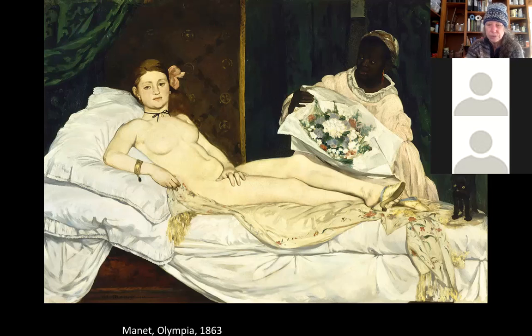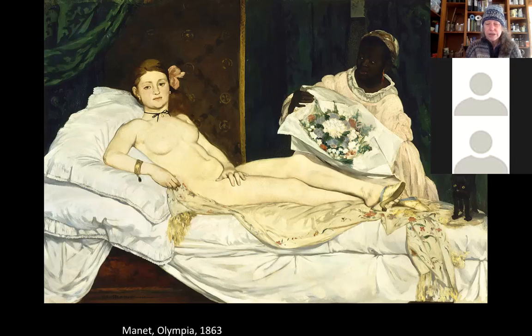So how do we know she's a prostitute? Apparently the name Olympia was a common pseudonym for prostitutes. Like, you've probably heard of people having a porn name or a stripper name or something. If you're going to be a stripper, you probably want to change your name and have a different name while you're doing that, or a pole dancer or whatever. So the same is true for 19th century prostitution.